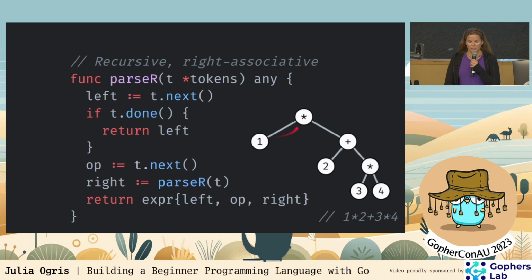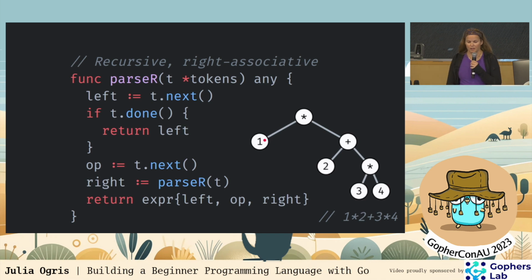That's the base case of the recursion. If there is more to it, we pop off the next token, the operator token, and recursively call parse right again to build the right subtree. Pop off 2 and plus, right subtree, 3 and times, and then eventually we end up at the base case. And the return values build the tree back up. So I'd like to draw attention to the fact here that we built this tree from the top down.